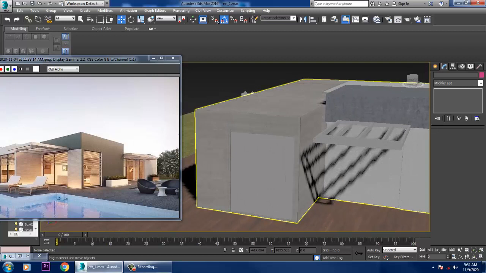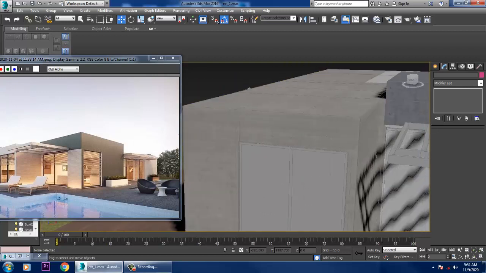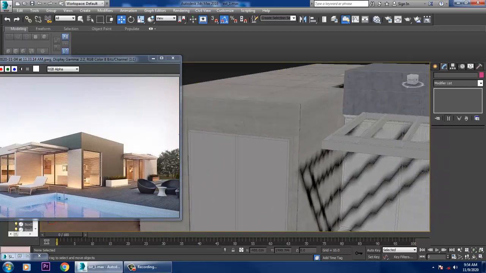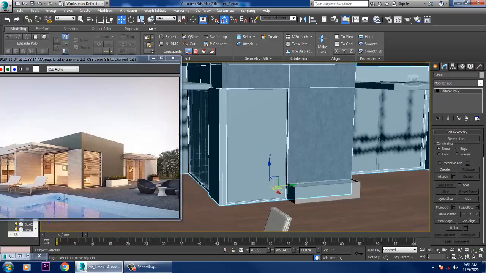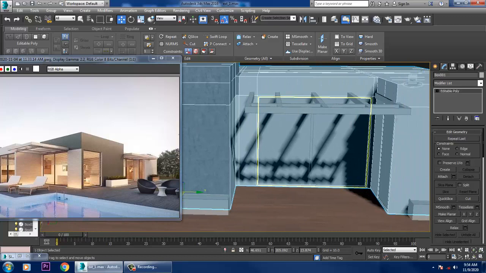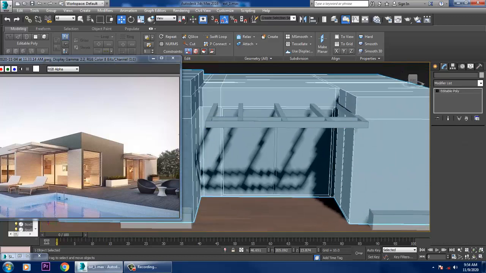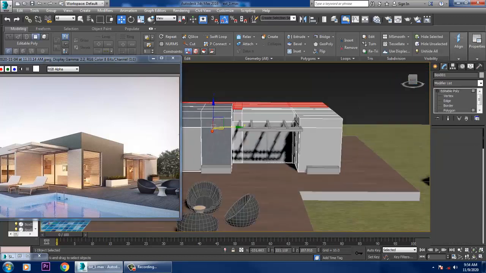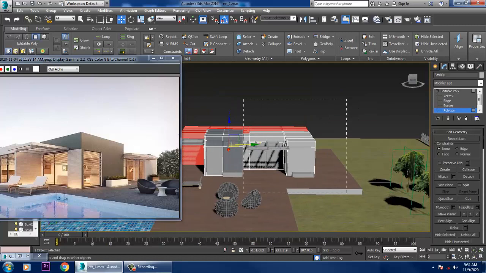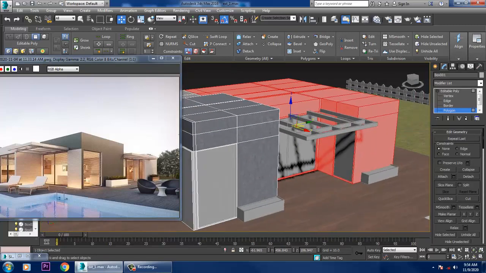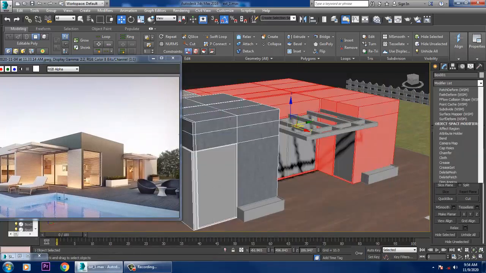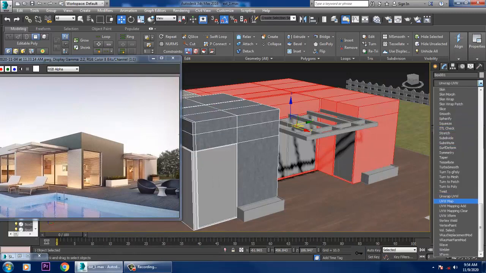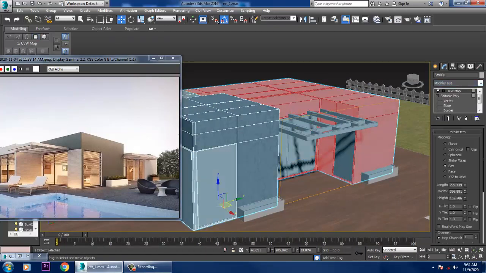So we can assign this texture over here. Also we need to assign the same texture over here. So let's select this whole thing, go into the material, assign the same texture and give a UVW map over here.